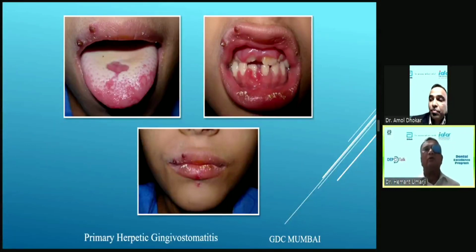Mostly we don't try to give any antiviral drugs in this case because they are self-limiting. But this is one ulcerative lesion. So